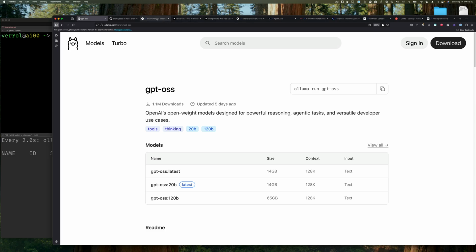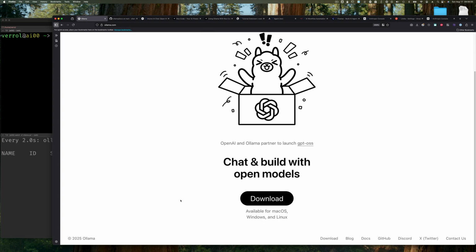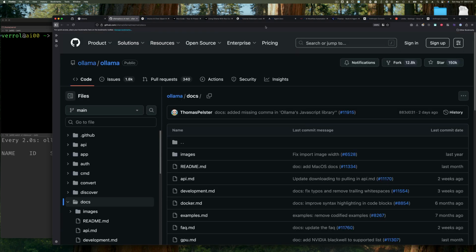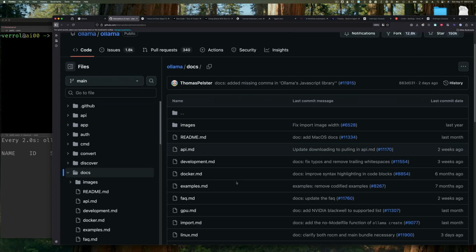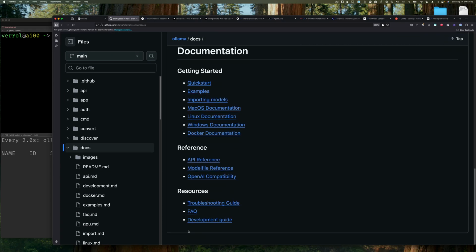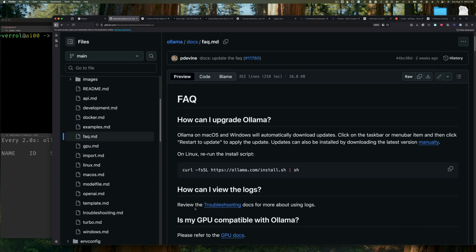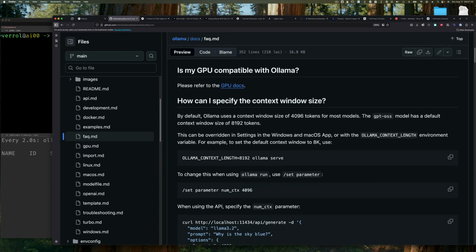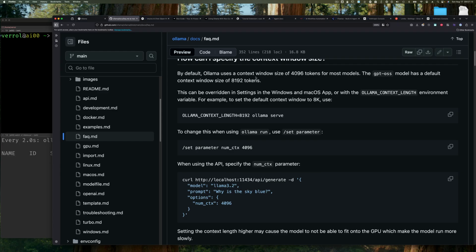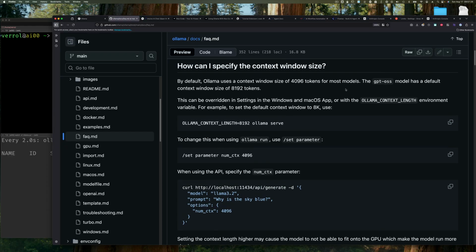Well, here's the thing. If we go to the Ollama documentation, and you can get there by going to Ollama's main page, scrolling down and clicking on docs, it's going to take you to the GitHub repo and the README file. If you scroll all the way down to the FAQ and then scroll down just a little bit more, it tells you that Ollama by default uses a 4,000 token context window, right? And it specifically says that even if the model, like the GPT open source model,